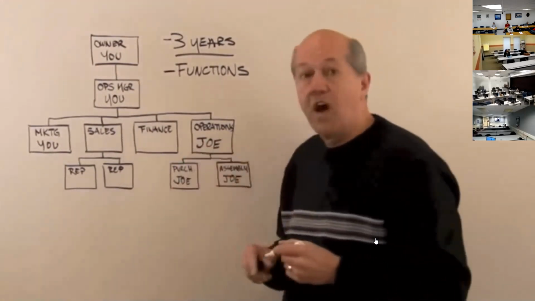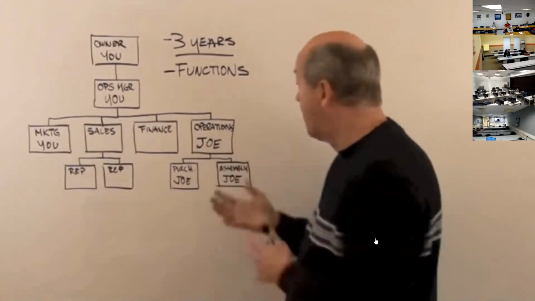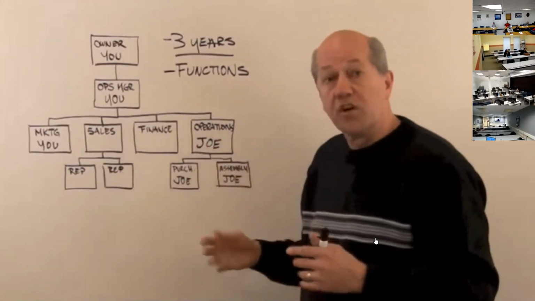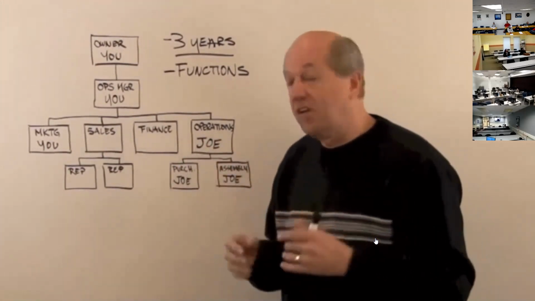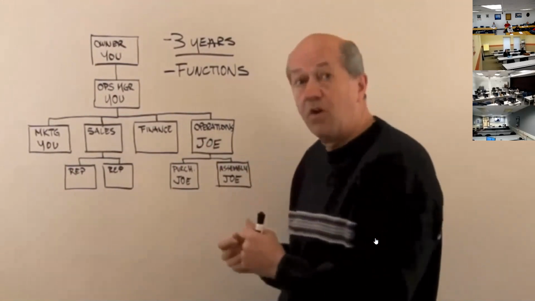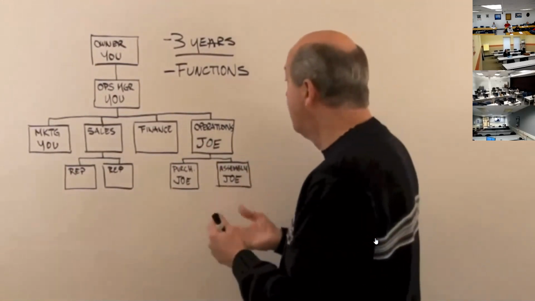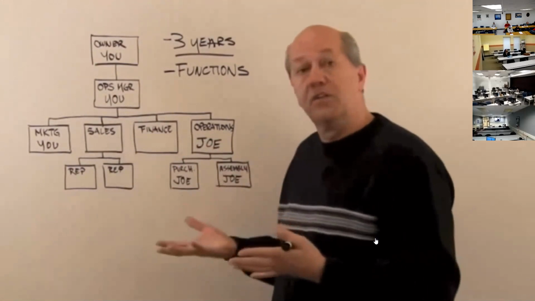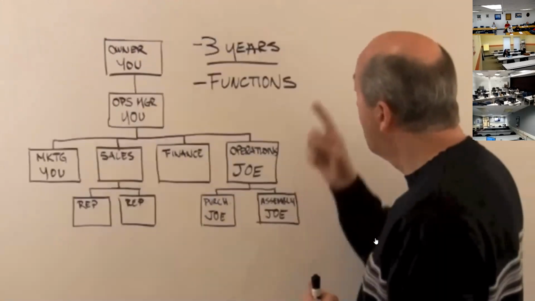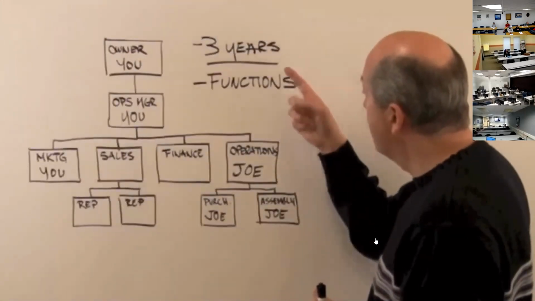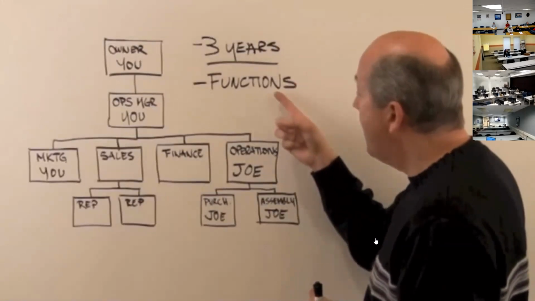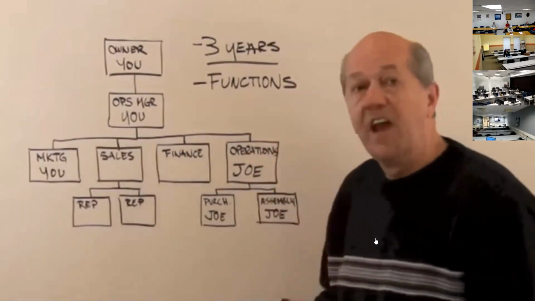He may have 3 different operations that he's responsible for. Show that on your org chart. It tells people in your organization that there's opportunities to grow, that there are places that I can aspire to move up to. So lay it out for 3 years, define it in terms of functions, and then what this